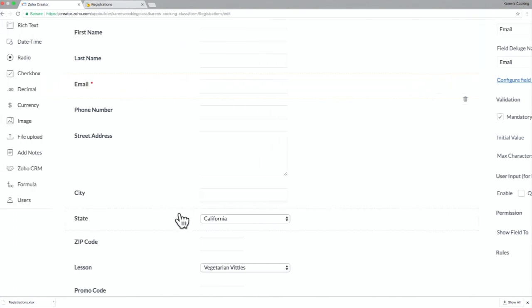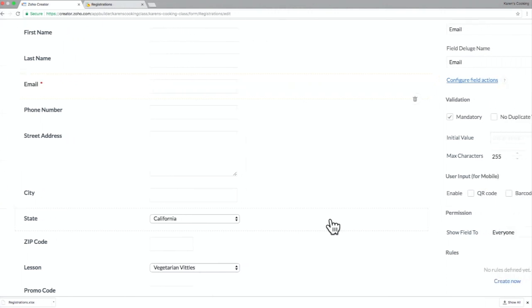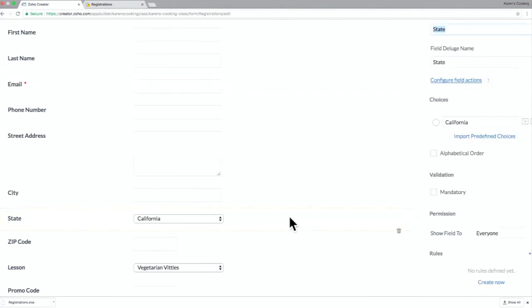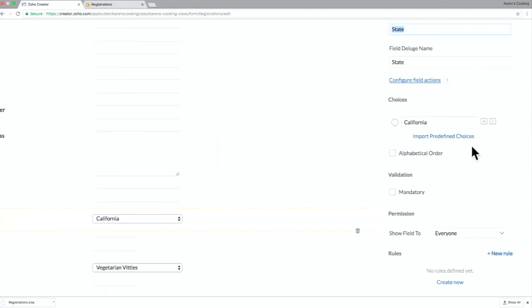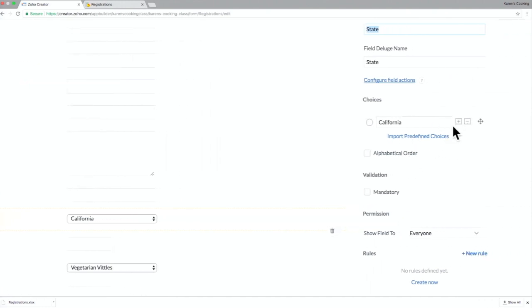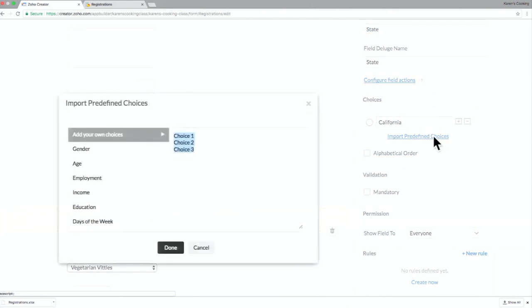Next, the state field here, we had selected the state field to be drop down. But we have only California listed here. We need the other states. And how do we do that? Pretty simple. We have an import predefined choice here. So basically it has all the common options which are usually a list.